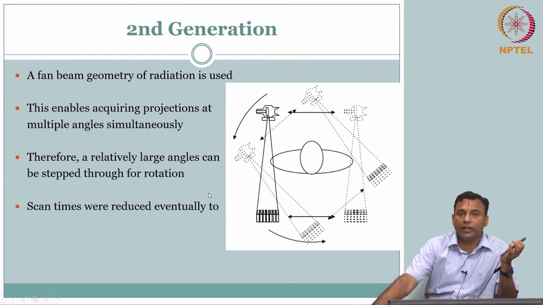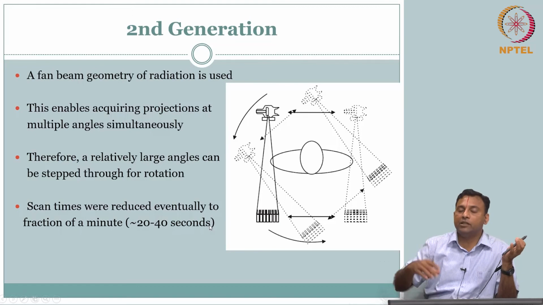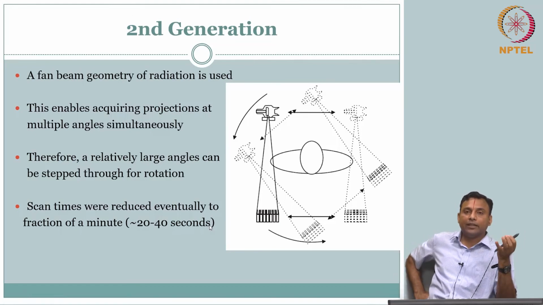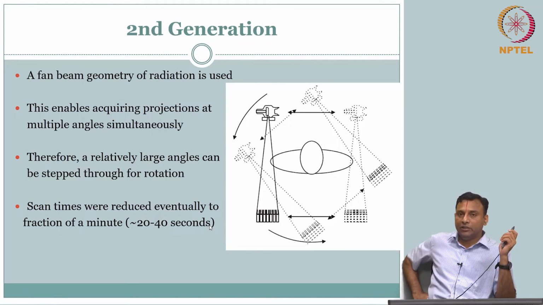So what are we talking about? From minutes, you were able to get it down to some tens of seconds, like 20, 30, 40 seconds, in that range. So it was a significant reduction, right. Now you get this feedback, you are the engineer, you go back and say, look, my competitor, we have this edge, we can sell this, it's only 20, 30 seconds, we can get the data.